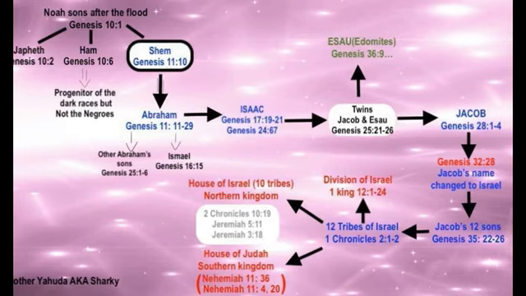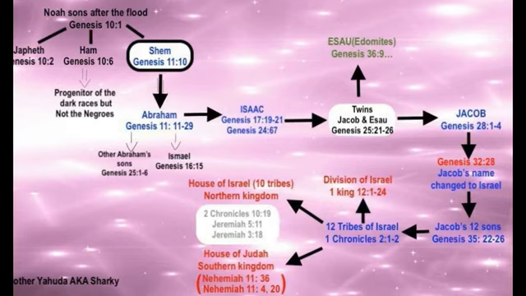So basically, in the previous video, we talked about the other son of Noah after the flood, Ham, who is the progenitor of the dark races, but not the Negroes. So today's topic is going to be focused on the Negroes, whom we're going to find out are the Bantus, and also the 12 tribes of Israel, the same exact people. And the focus is that they actually came through the loin of Shem, which is one of the 3 sons of Noah, the brother of Ham.